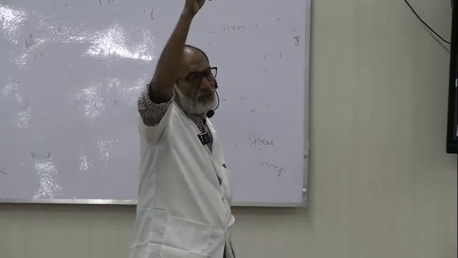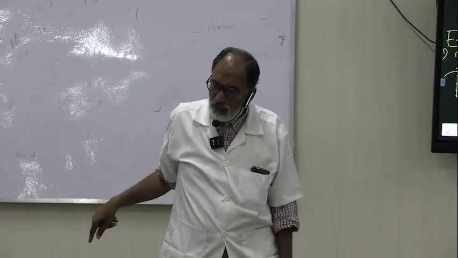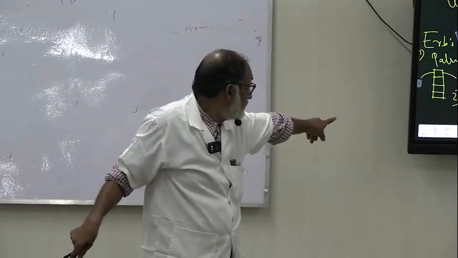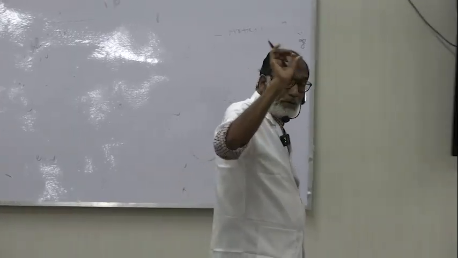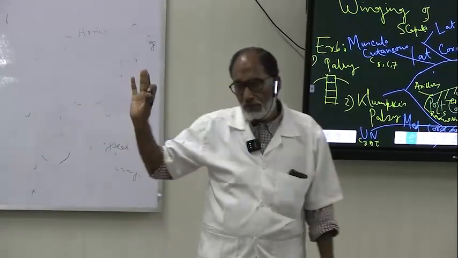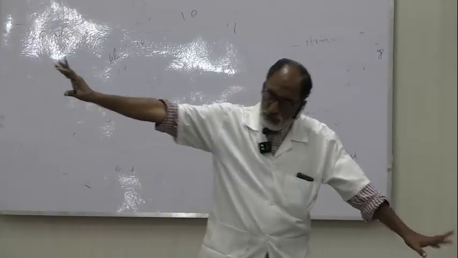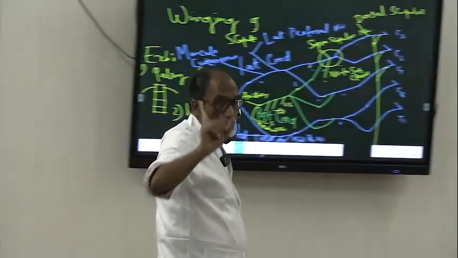The median nerve runs from C5 to T1, so C8 and T1 are in it too. So mainly the C8 and T1 fibers will be injured, and they are mainly carried by the ulnar nerve, and